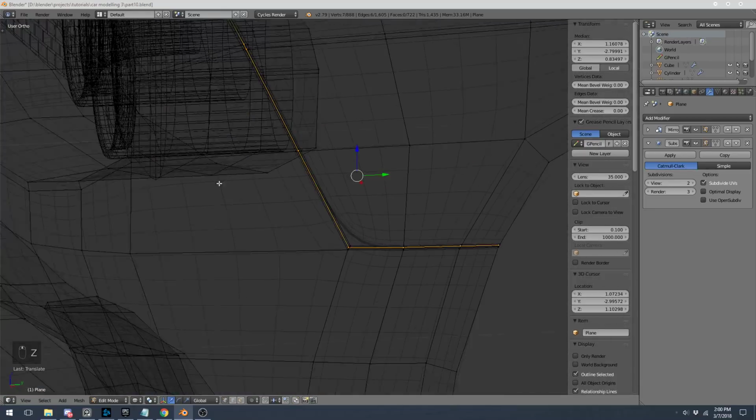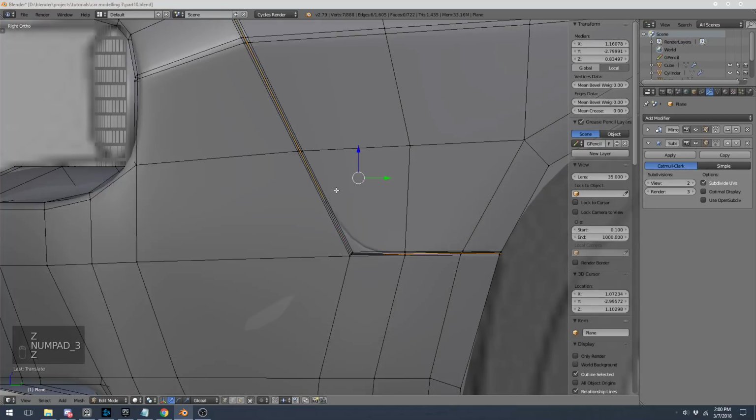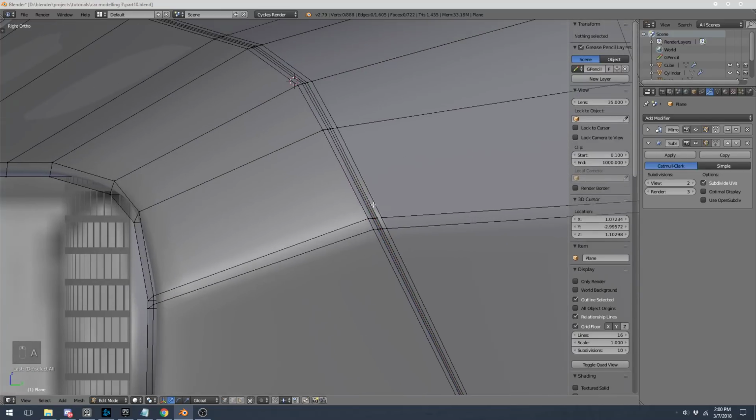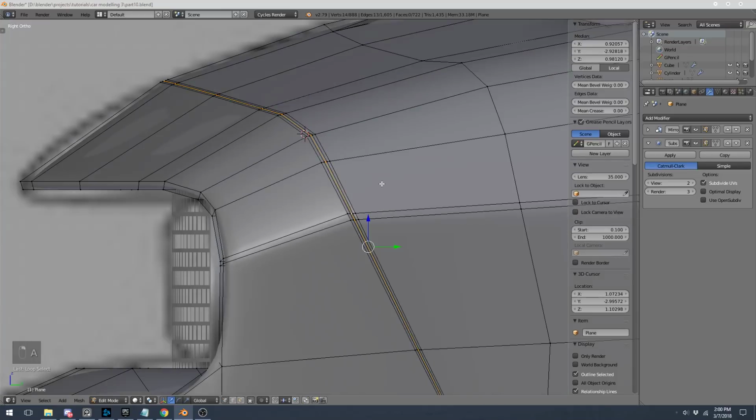Someone was correcting me on how they were saying vertice instead of vertex, and I think you get the point. I'm bad at talking, so